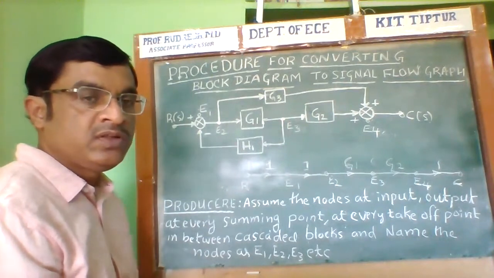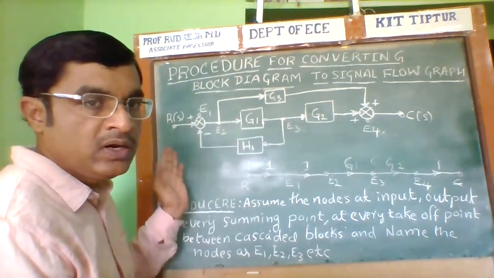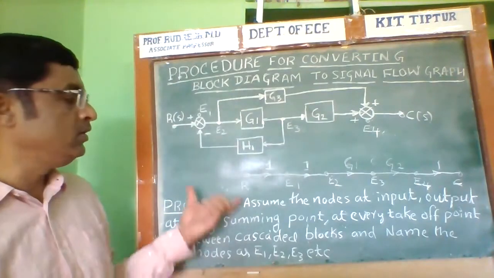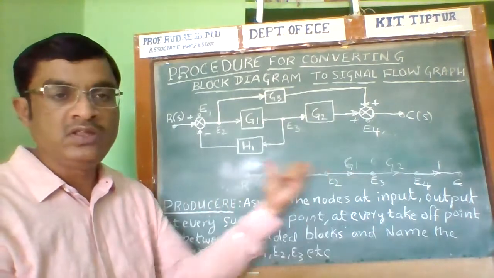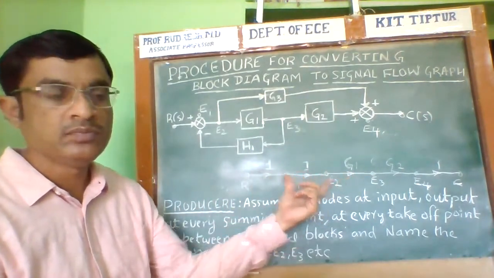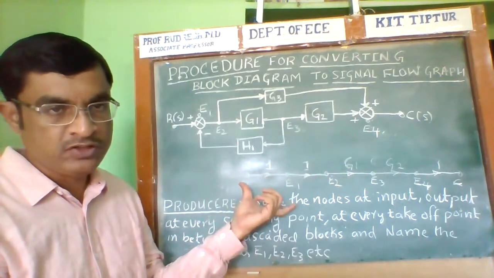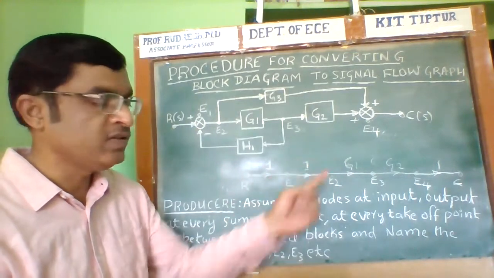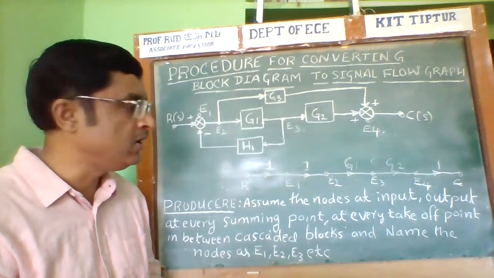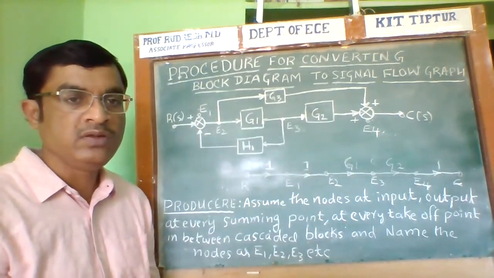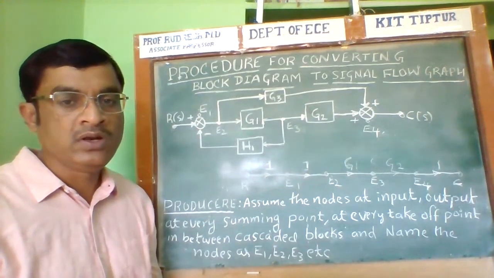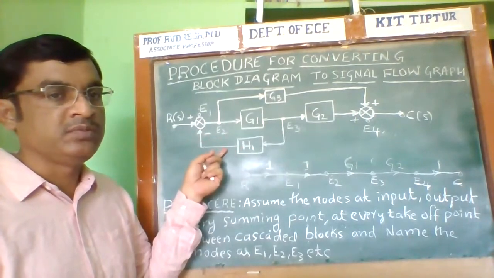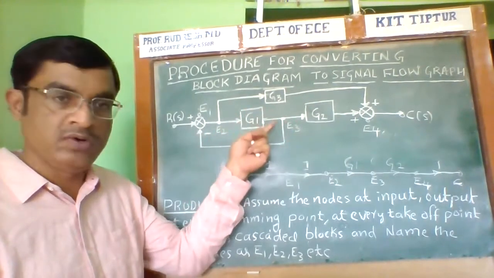In the signal flow graph, from the block diagram, identify the main forward path and draw or join these nodes by connecting lines. This connecting line is called a branch, and mention the gains along with the sign, whether it is positive or negative. This is the first and second step. In the next step, I'm going to identify from the block diagram the number of feedforward paths.